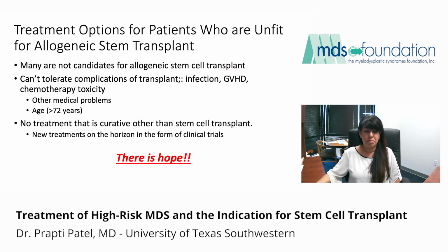So the treatment options for patients who are unfit for allogeneic stem cell transplant, that's actually a big group of people, because we know that MDS is largely a diagnosis of patients that are over the age of 60 or 65. And remember, I just said a couple minutes ago that we routinely transplant patients up to the age of 72, but we have a good amount of people between the ages of 72 up to 90 that have a diagnosis of MDS that are just too old to get a transplant